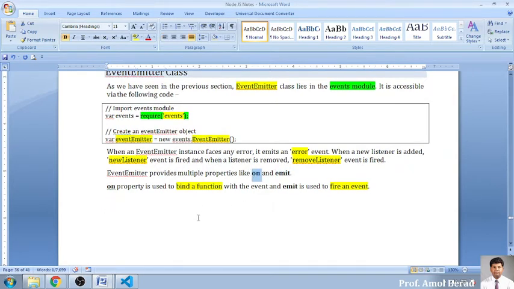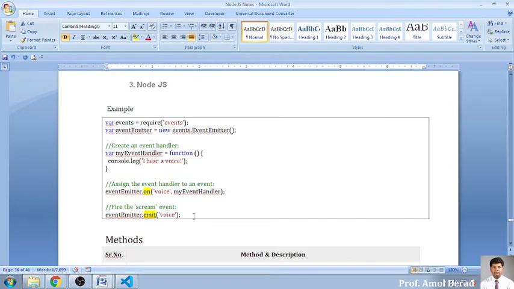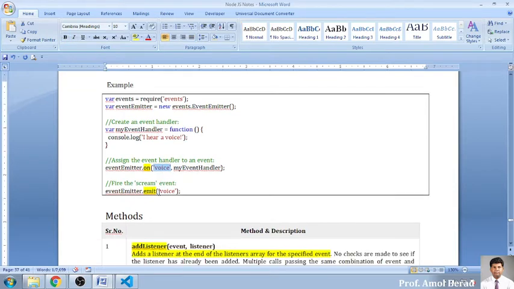On means you configure your application: the functionality we have written is bound to some name, like voice, and with emit we fire that event for execution, which we covered in the previous session.